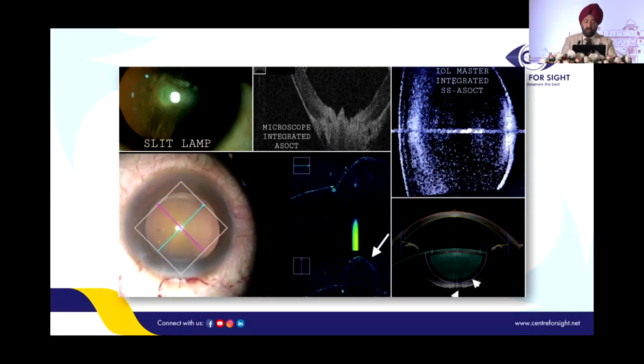Now, this is just to show you that a slit lamp examination is important for you. This is a rare thing where you see such a huge defect, but this is the integrated microscope. Even the IOL Master can give you the image, and you can see that this was the clear-cut epithelial defect that we got on the femto. And therefore, you can see that this blue area is where we did the nucleotomy. Once we did the nucleotomy here, we have left behind a thick epinuclear cushion, and therefore we were able to take out the nucleus without any fall of the nucleus into the vitreous cavity.